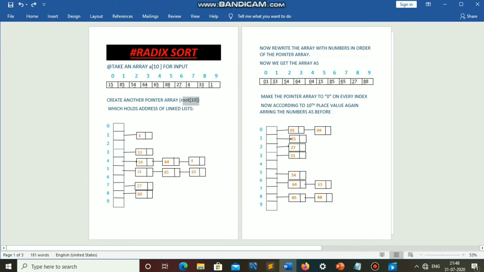Again, while comparing the tens digit with the index of the root array, copy the data into this array.